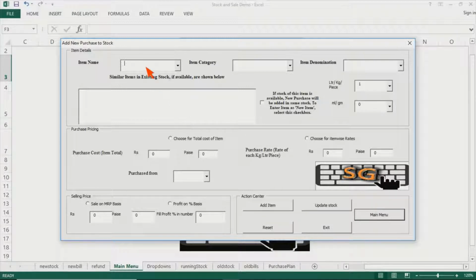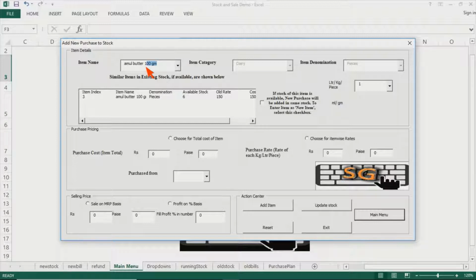So today I have purchased some Amul butter for my shop. I start writing Amul butter 500 grams, which is one item already populated. But my item is not 500 gram. I have purchased 100-gram butter.